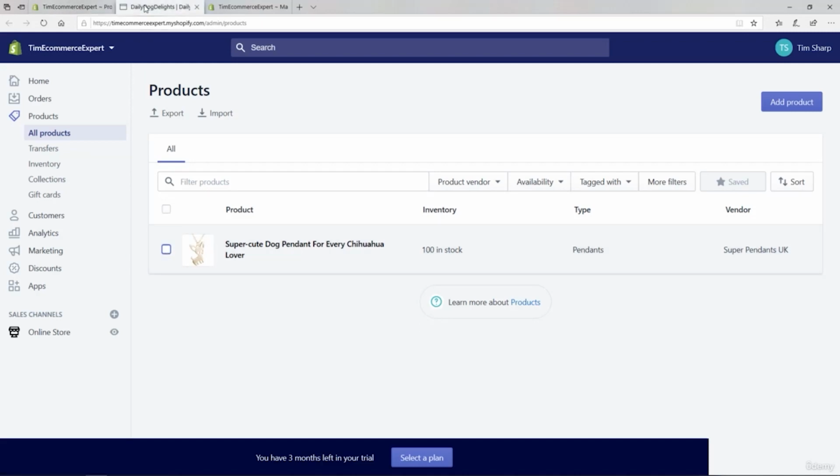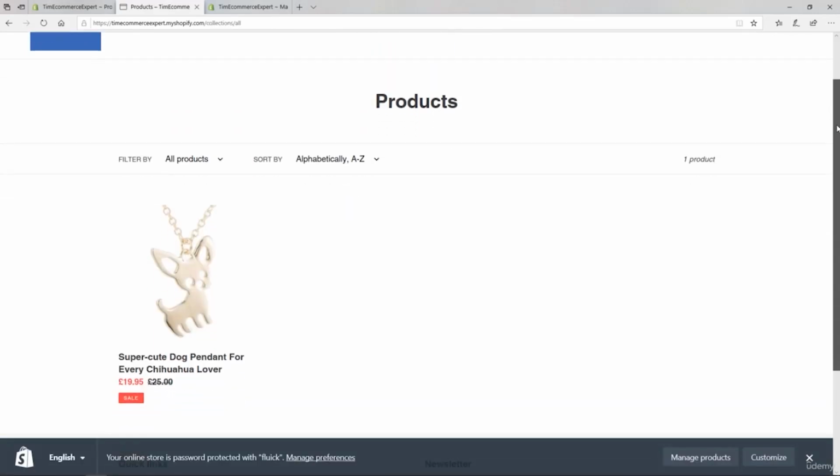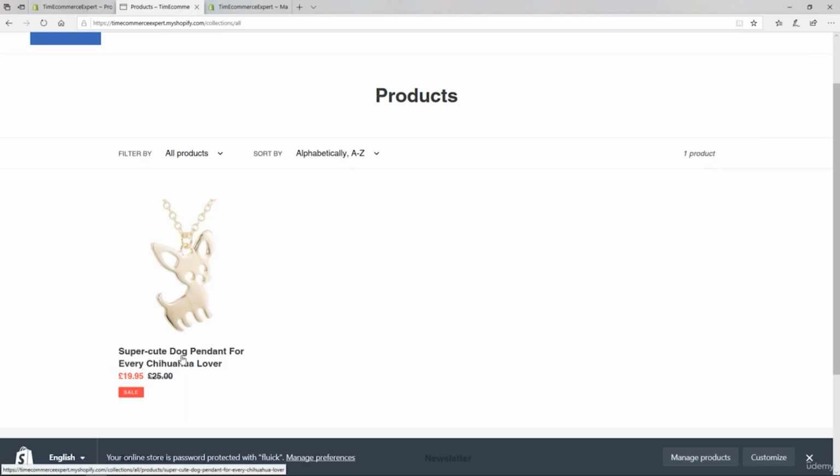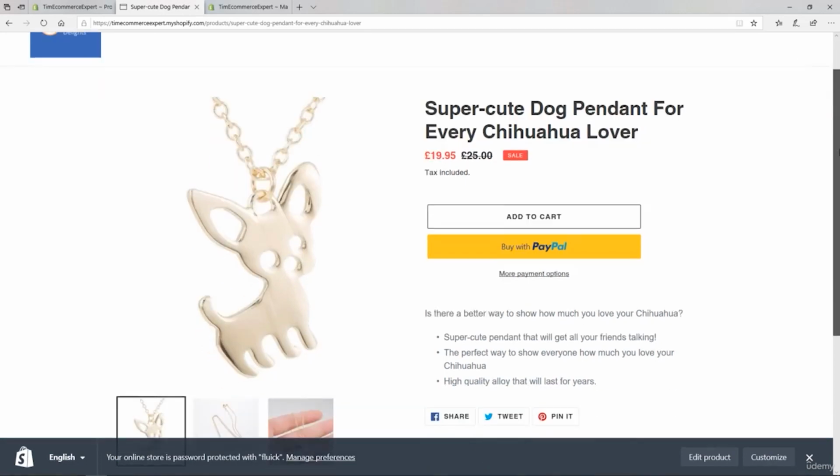So let's go over to our site, and now let's just click on Catalog. And there we see our product listed, all right? My super cute dog pendant for every Chihuahua lover, £25 down to $19.95. It's on sale. So if we click on this, it brings me to my product page with everything that I